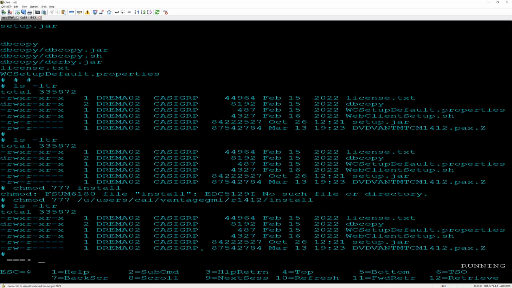So once you've unpacked it, you need to run the shell script command to actually execute the installer. So the web client setup shell is this file right here. And to execute it, you just need the //